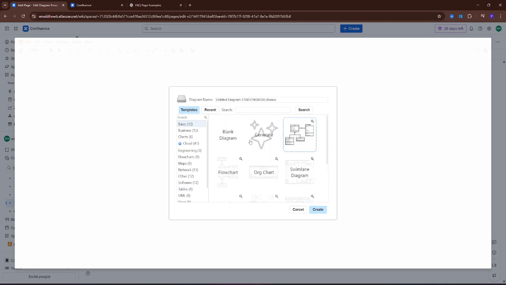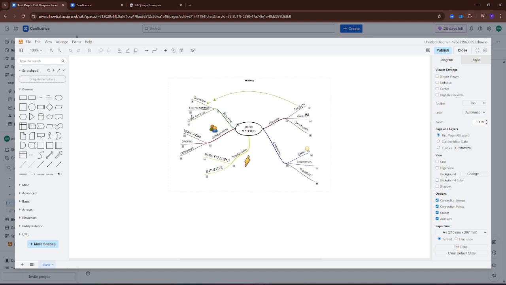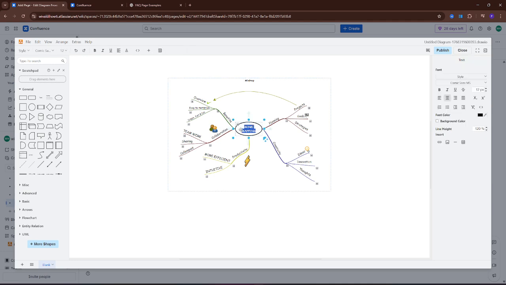So it's just a bit laggy here, but I don't know why. But okay, let's try this one. Click on create. I choose this one. Now here we can change the text. And like that we can add